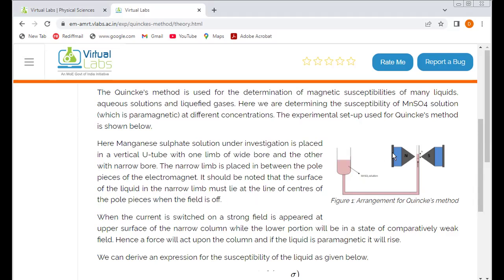So initially you have to adjust the height of the Quincke's tube in such a way that this wide bore is outside the magnetic field, but this narrow bore is exactly at the middle of the magnetic field, and that's why the initial height of the solution in this Quincke's tube is very important. You have to adjust the height of the solution in the narrow bore in such a way that it is exactly at the middle of